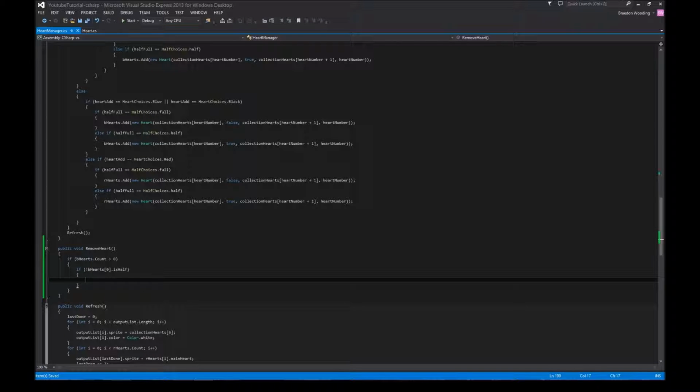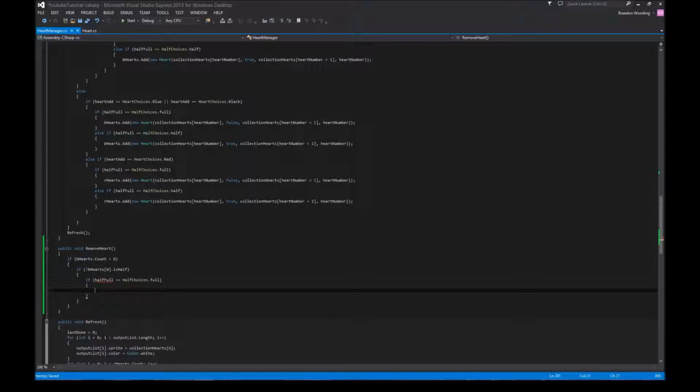If it's not half, then what we're going to check is if half full is equal to half choices dot full. Essentially, we're checking whether or not we're adding or removing a full heart, and if we are, then we're checking whether or not the last one